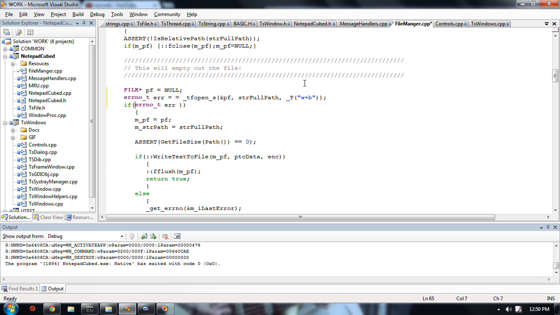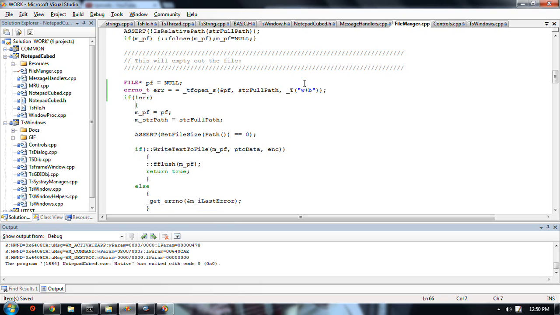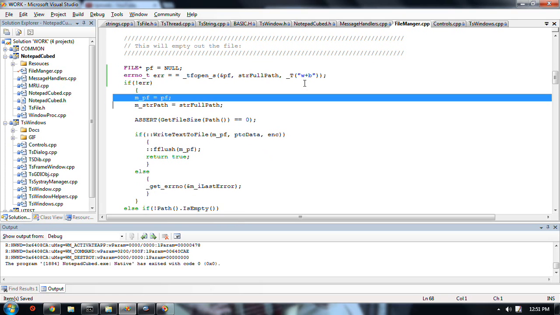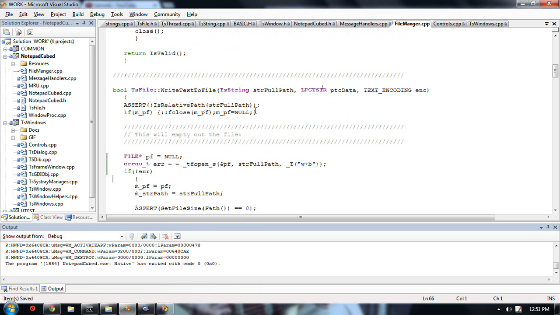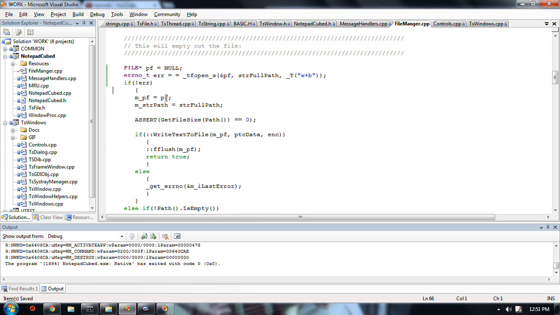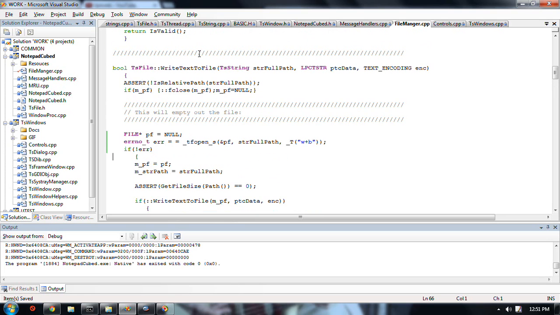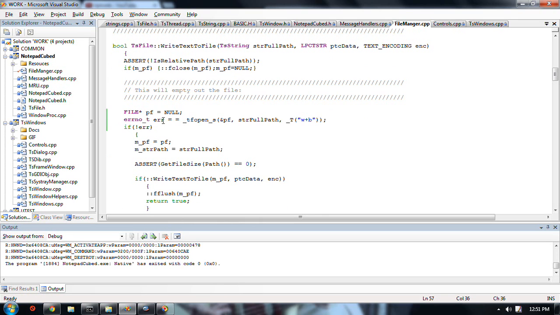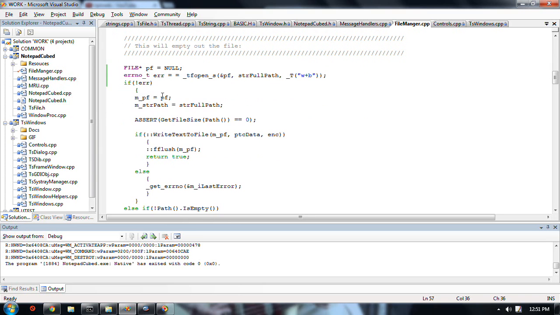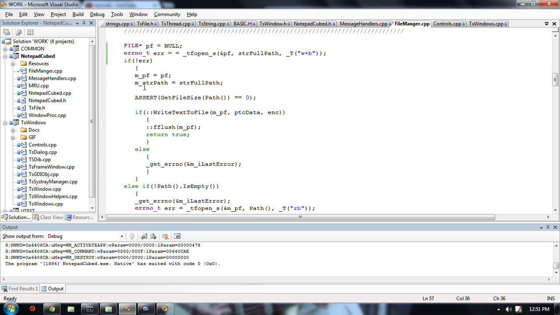Alright. If there's no error, then I'm assigning to my file thing the values of pointer to file and so on. Now, the pointer to file I had previously would have been closed, but I've still got in my pocket the old file name. So if all this fails,